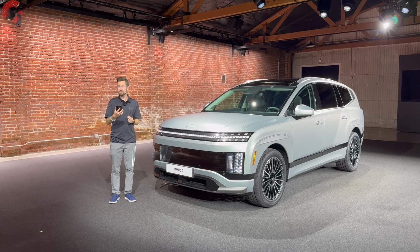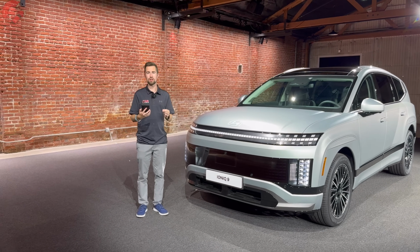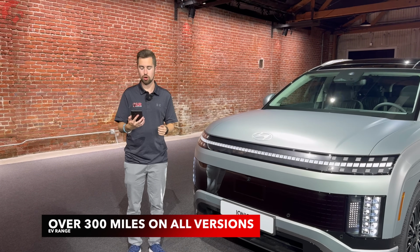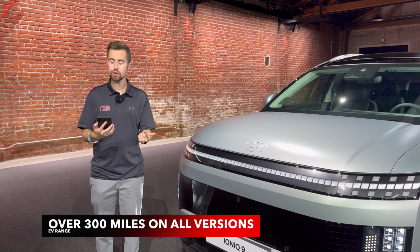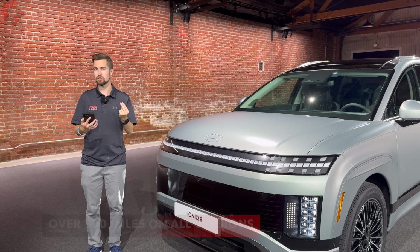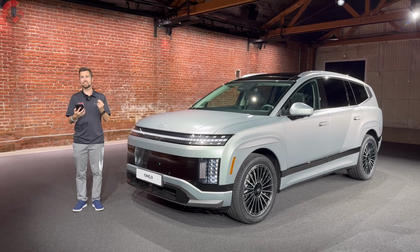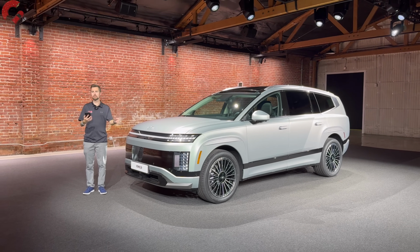Now, as far as performance and range, those are the important numbers. Hyundai is saying that you should have range of over 300 miles for all 3 versions of this model. It's going to be offered in a long-range rear-wheel drive, a long-range all-wheel drive, and then a performance all-wheel drive variant. As far as the long-range rear drive, that's going to be sitting at 215 horsepower, but it will give you the greatest range of